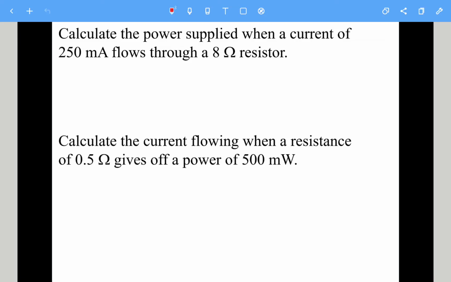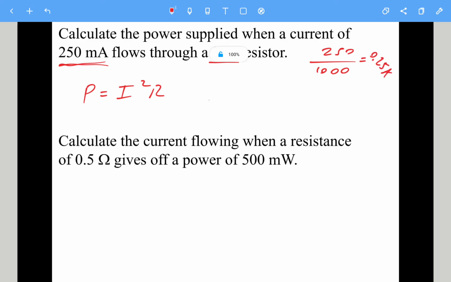A few more to go. Let's pause and have a look at this one. Calculate the power supplied when a current of 250 milliamps flows through an 8 ohm resistor. So that's the new equation again. P equals I squared R. Just got to be careful this one. 250 milliamps, so we need to divide that by 1,000, which gives us 0.25 amps. So we need to do 0.25 squared times the resistance value of 8, which gives us